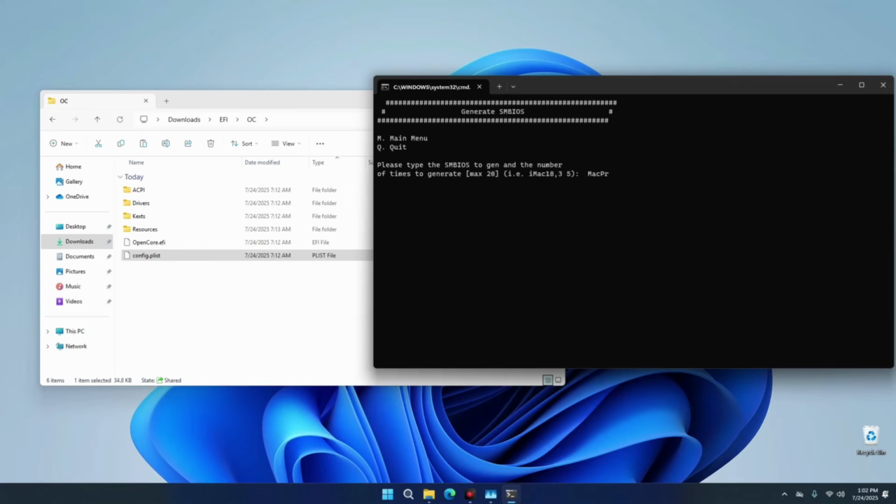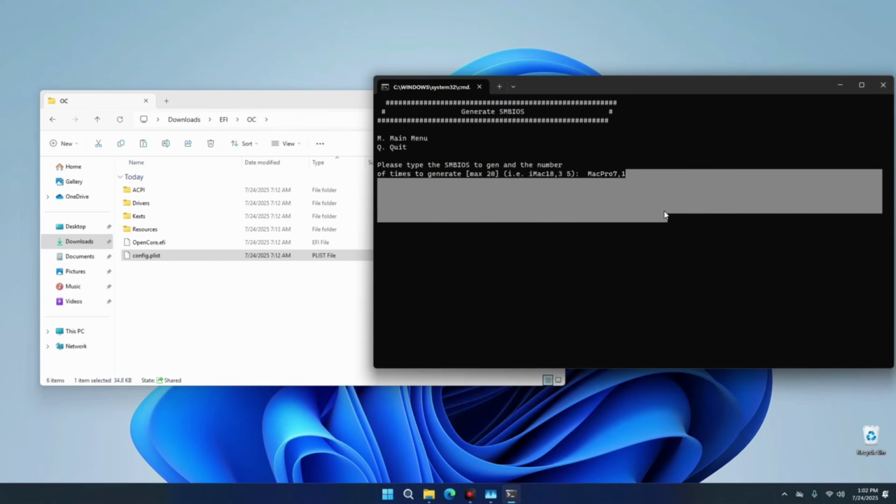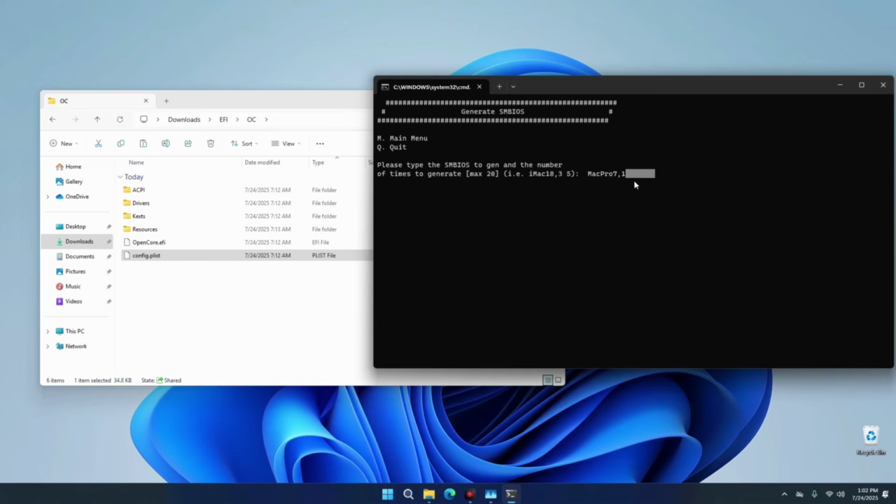Take note, if you use the wrong serial, you won't be able to run this installation. So make sure to use the right serial that matches with your machine. If you're using a desktop with a supported graphics card, then Mac Pro 7.1 would work for both AMD and Intel PCs. But if you're using a laptop, then you should be more concerned about the SMBIOS you use, which I am going to leave a guide to what to use in the video description. If you're using a custom EFI, then you shouldn't worry about this,